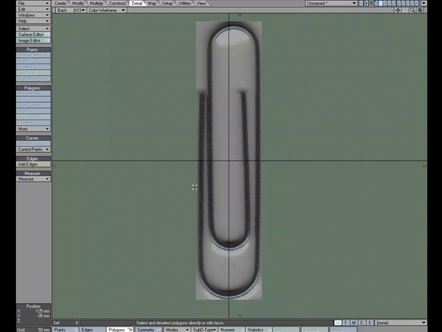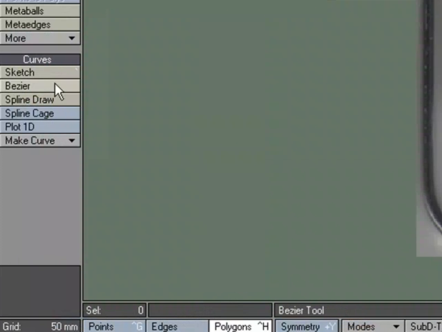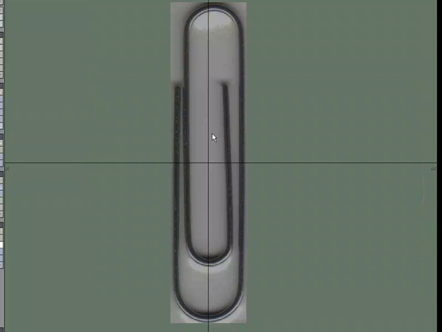So we'll go over to the Create tab, and there's all kinds of different curve tools: sketch, Bezier, spline. We can make points and then convert those into a spline. But I'm going to use Spline Draw. It's my favorite tool to use when drawing curves or splines. So all we have to do is left click, place another one, left click, place another one, left click, and I adjust as I go, because once you have 3, it changes the curve. So I might do something like this,